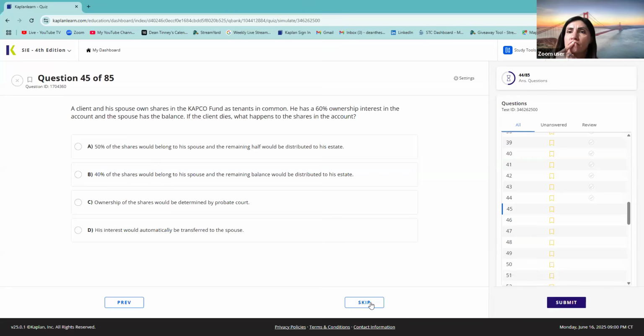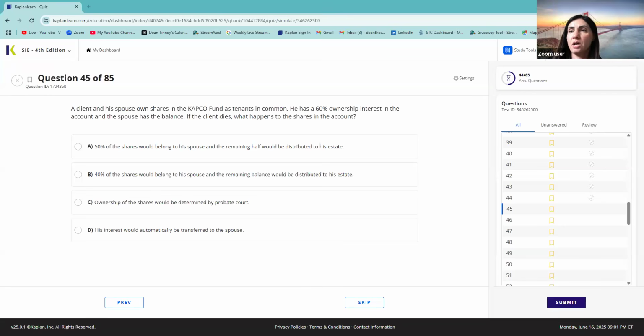A client and spouse own shares in the Capco fund as tenants in common. He has a 60% ownership and she has the balance. If the client dies, what happens? Again, I told you this is very testable. What happens to dead people? Lots of dead people. All these tests have questions where grandma dies and granddaughter gets the stock, and you get like killing people on these tests. I'm joking, but